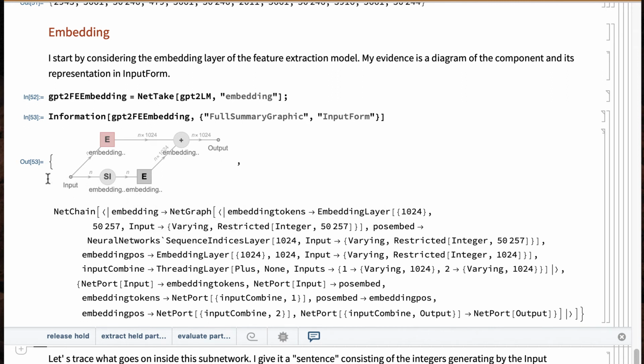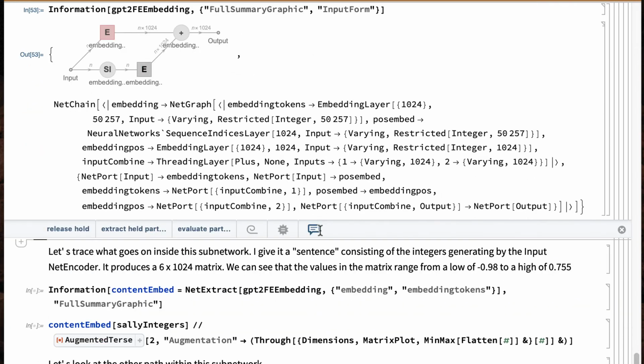You give it a sentence, which now consists of integers, and it's going to send that to two places. It's going to send that to this, what I happen to know is the positional embedding that I discussed in the prior video, and to a content embedding layer. And then the two are going to get added together.